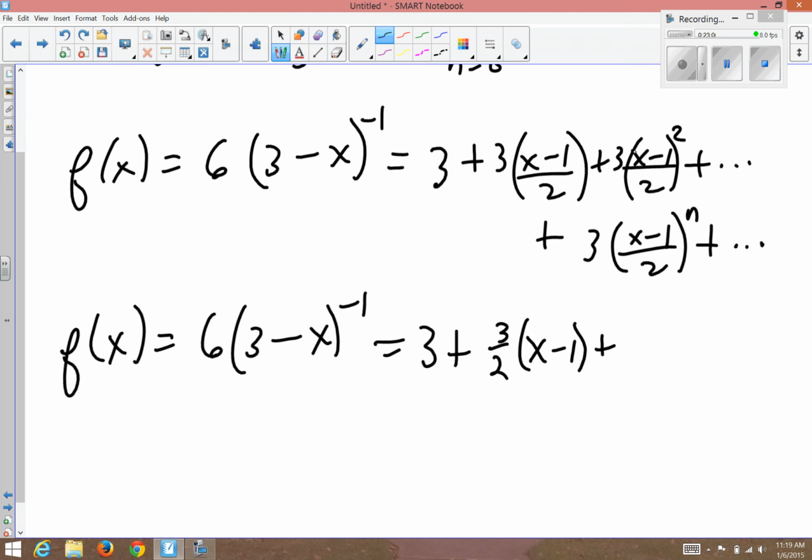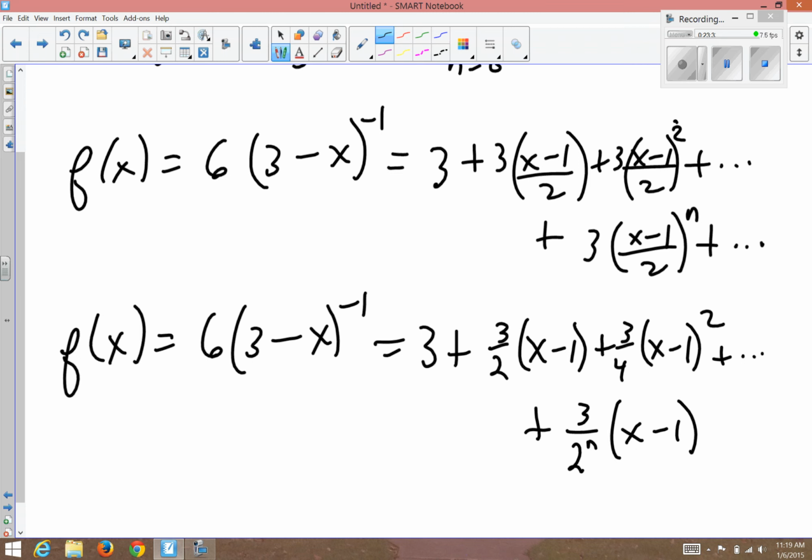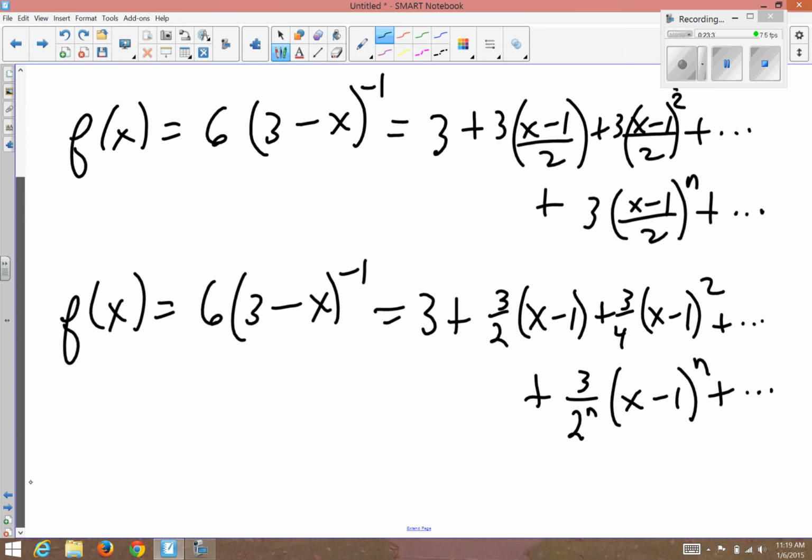This next could be written as 3/4, this 2 gets squared, giving a 4 on the bottom, times 3 times (x minus 1) squared, plus dot dot dot, 3 over 2 raised to the n power times (x minus 1) raised to the n power, and so on. Now that we've written what f of x is,